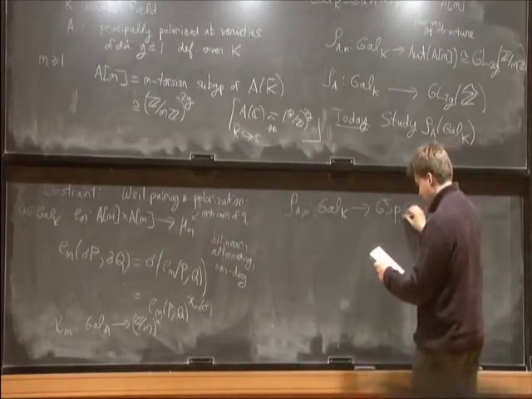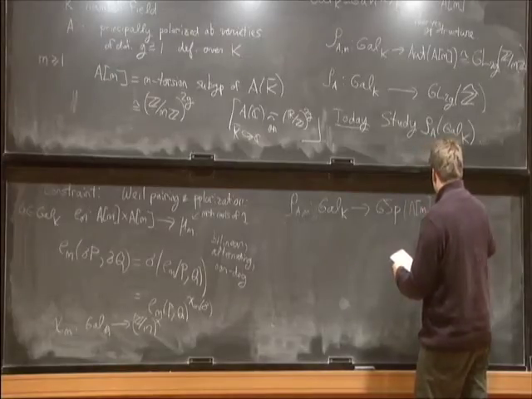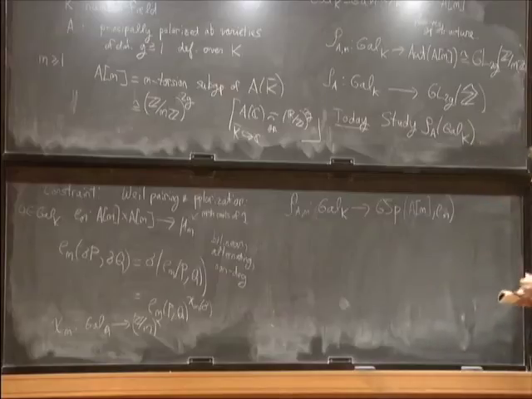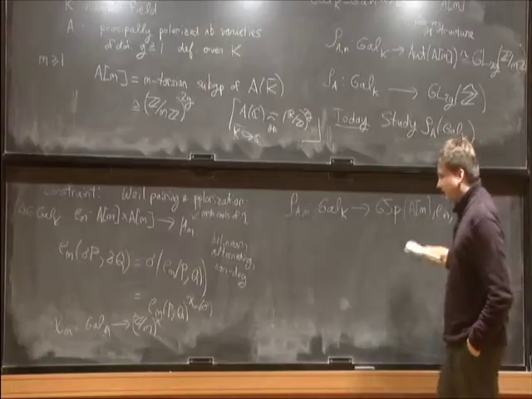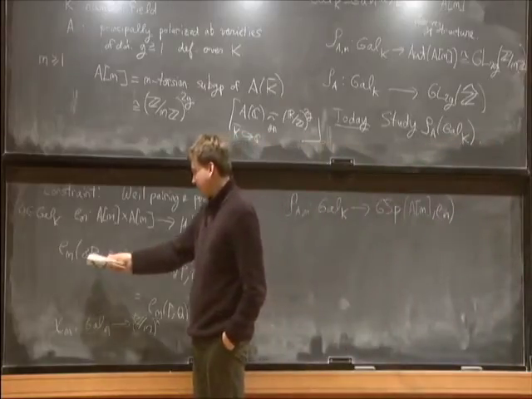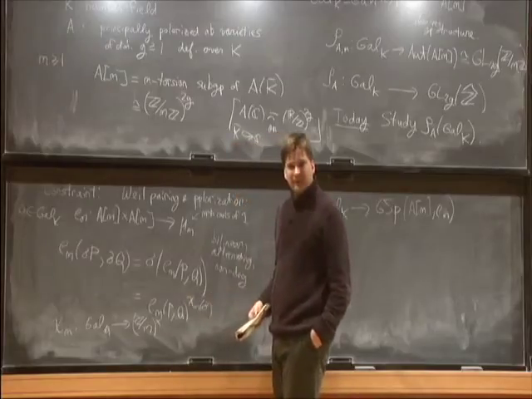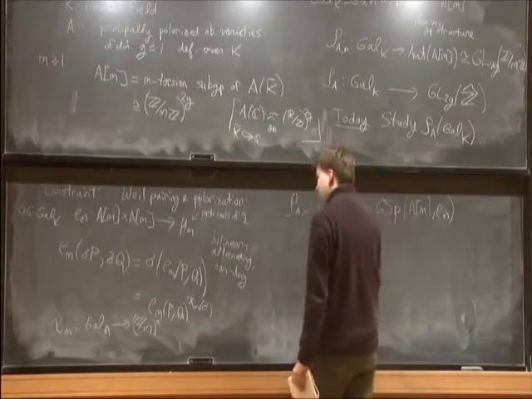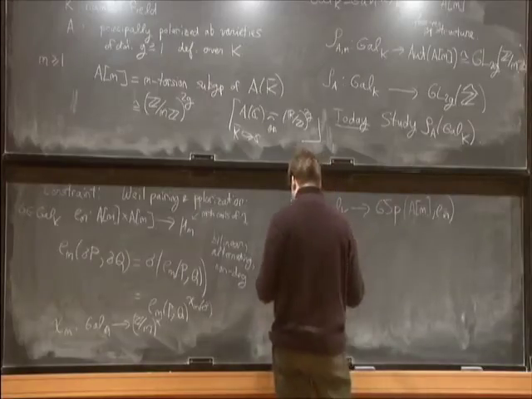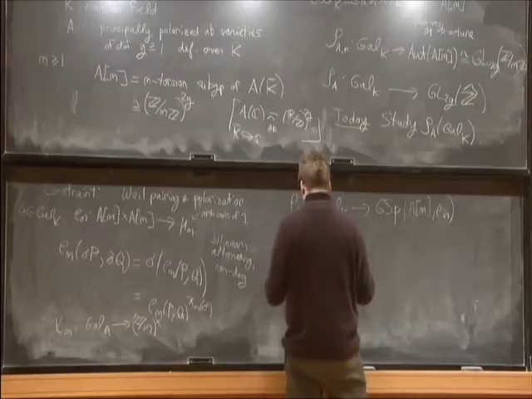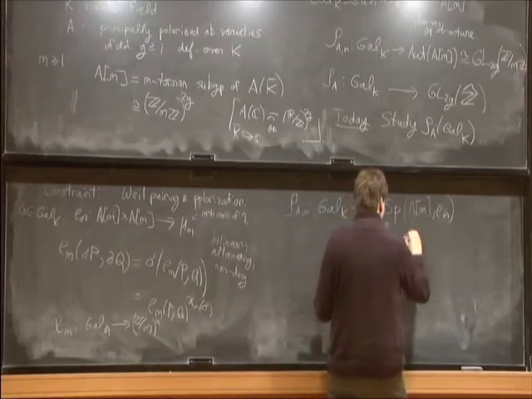So GSp(A[m]), and maybe I won't say what it is, but it's exactly the automorphisms of A[m] such that when you act, it's the same as just raising to a power. And actually, I should write that because I need it. So here, this is the automorphisms